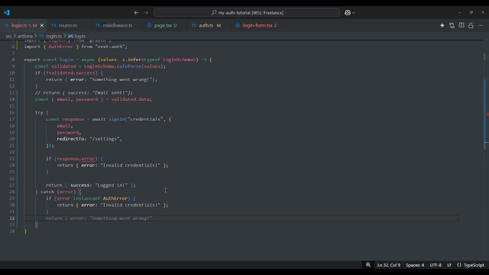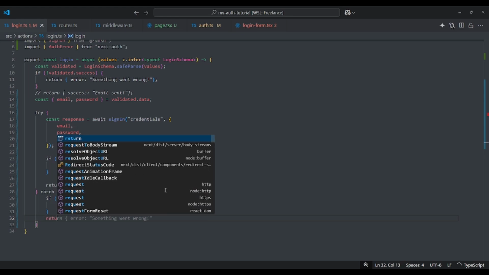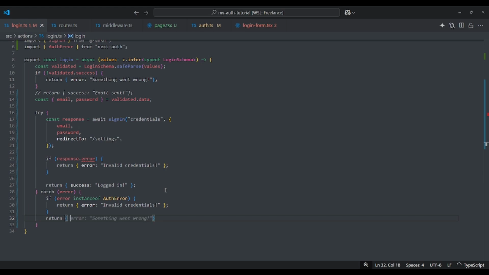Or if the error is related to code execution or anything that happens in the server, then we can return a generic message, error, something went wrong. Oops, this is an error.